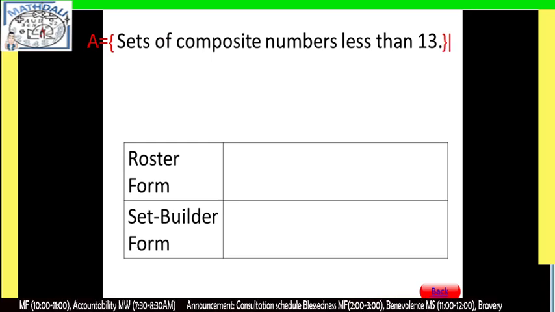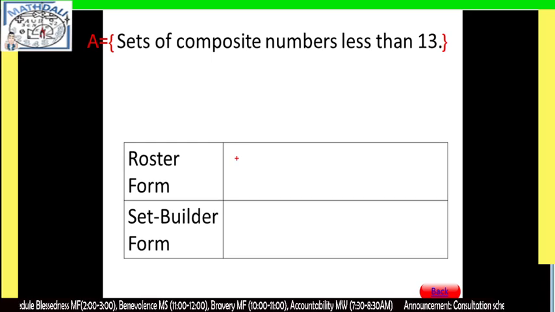Ito yung ating verbal description. X is equal to, we have set of composite numbers less than 13. So we're going to write that one or illustrate that one using the roster form.